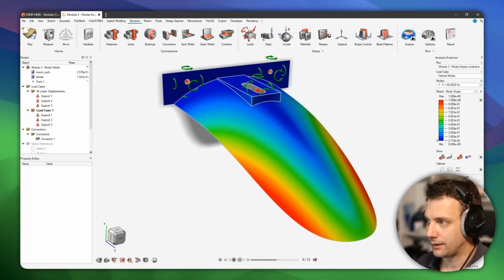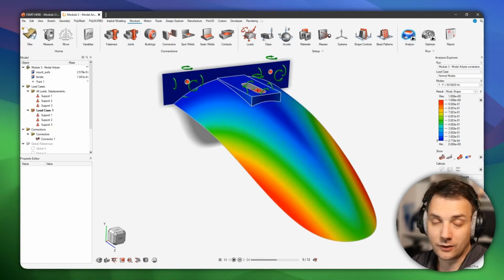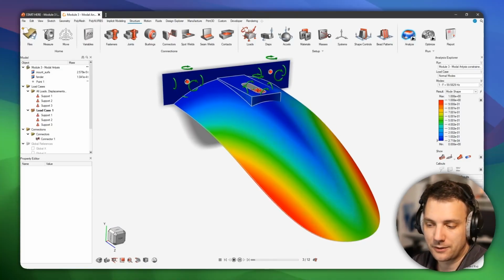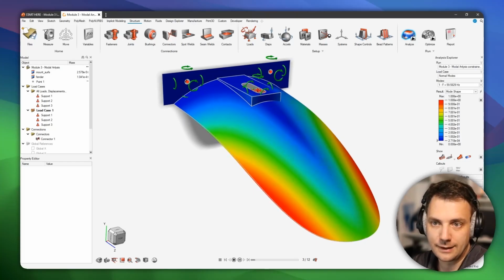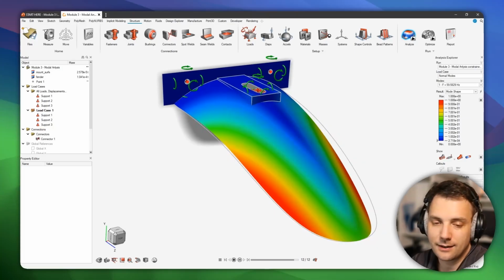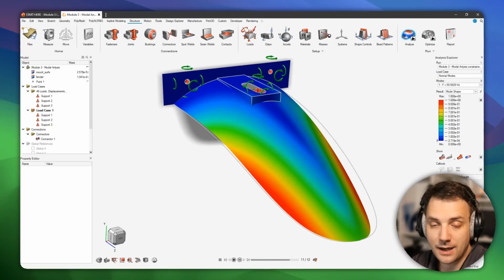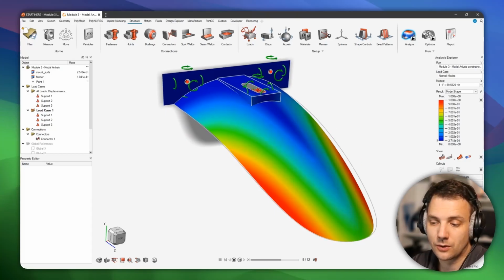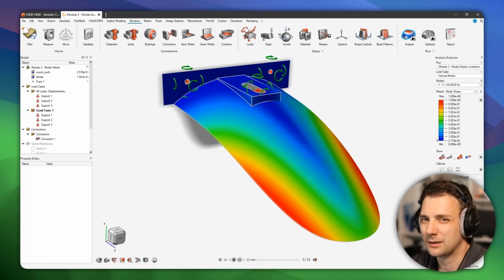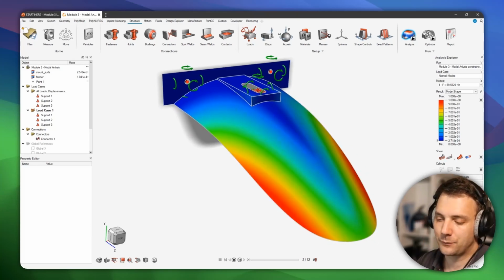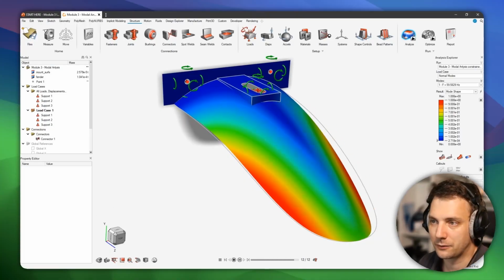But there's another thing which I want to cover a little bit, and that's optimization, because topography optimization is being used here, for example, to increase the lower frequencies. Why would you do that? Well, maybe you have a motor spinning at 60 Hertz. And if you have that, you would maybe want to optimize your part so that the lowest eigenfrequency is not 60 Hertz, but a little bit above that. And topography optimization is its own thing, which we cannot cover here, but you will also find